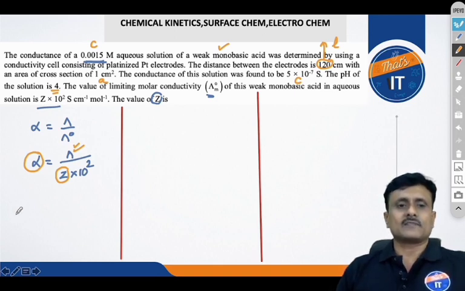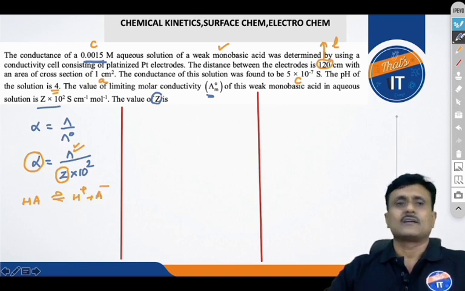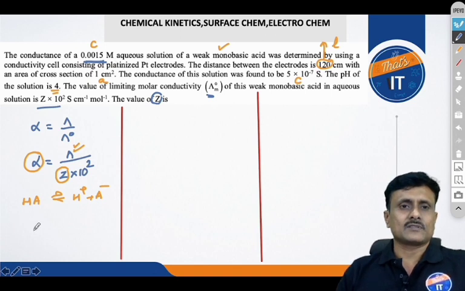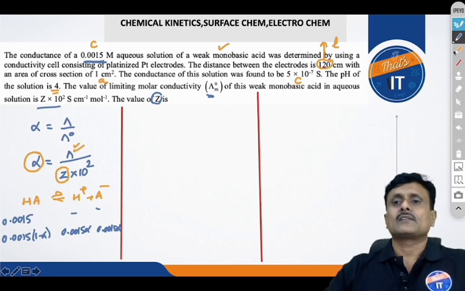As you could see, for the weak acid, I'll finish each task one by one. H plus and A minus, H plus A minus. For this concentration of the solution, that is 0.0015, the degree of dissociation is alpha. As you can see, 0.0015 alpha. Now it is given that